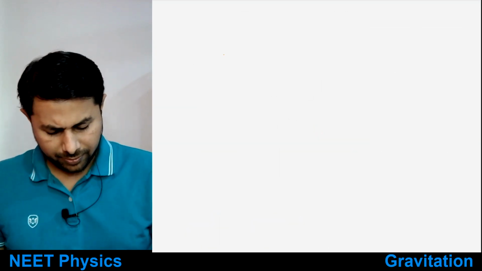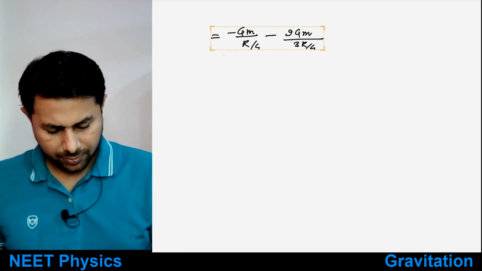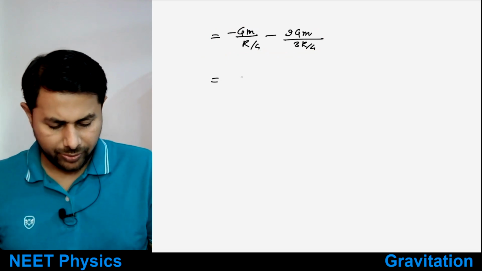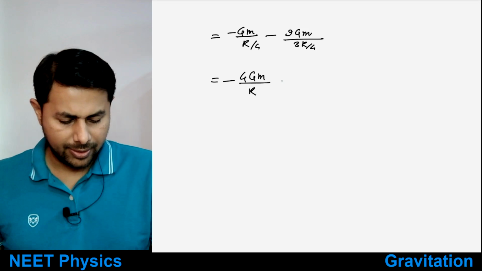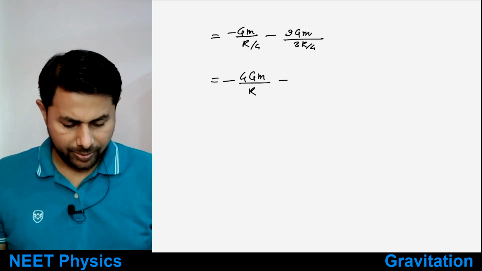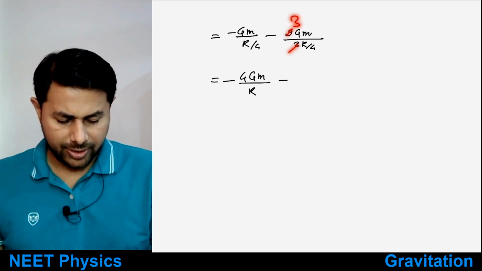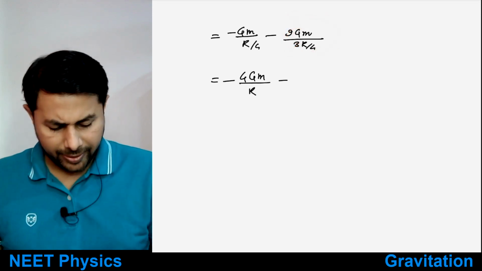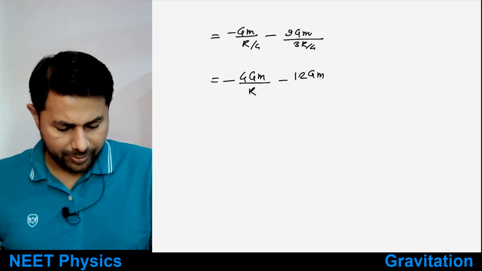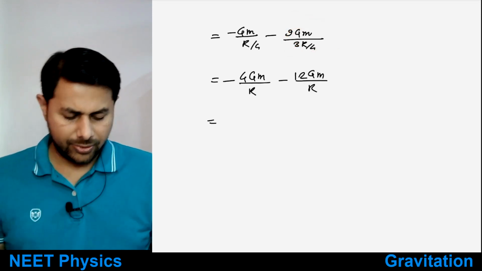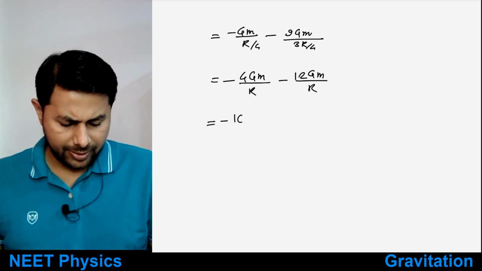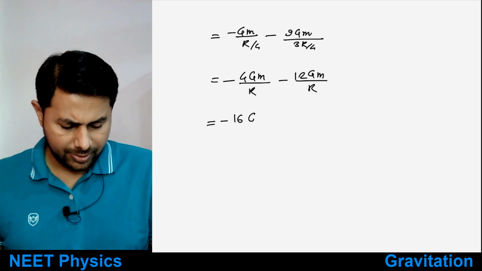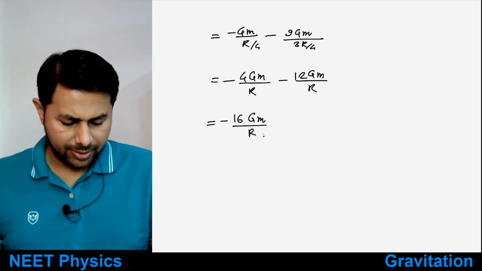Yes, no? See, this thing is equal to minus of 4 gm over r, and you have minus of this thing becomes what? 3, and that 4 goes to the numerator, minus of 12 gm over R. So minus 12 minus 4 is minus 16 gm over R, g times m over R. This is the answer,